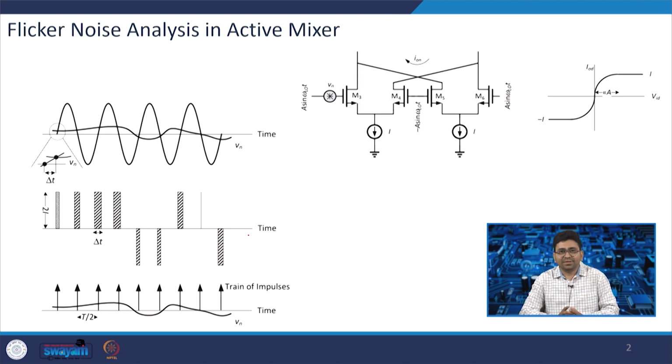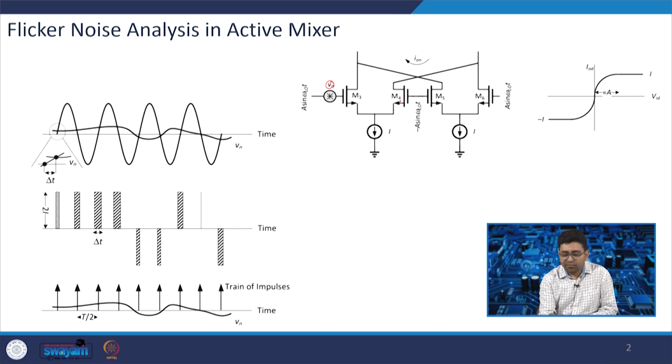So in order to analyze the flicker noise, we will have here a voltage Vn, which is denoted as a low frequency noise Vn, and we are considering only the single transistor noise, and then we can multiply it by 4 times. Each transistor is getting a current I, which is a DC current I, because we are interested to consider the switch. The switch is going to add this noise, and that is why this portion we have considered as a constant current I, and the same constant current I is also flowing through the transistors M5 and M6